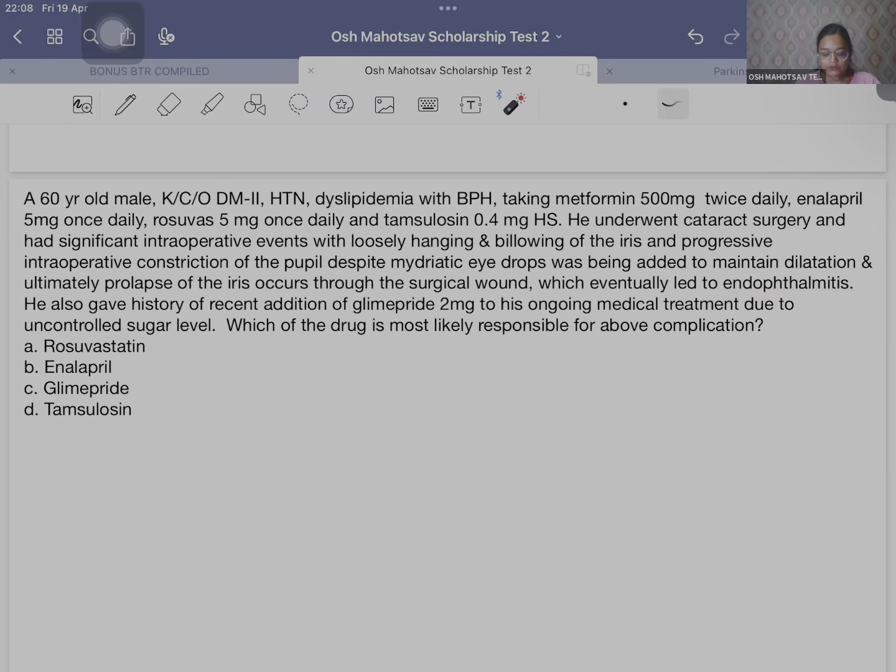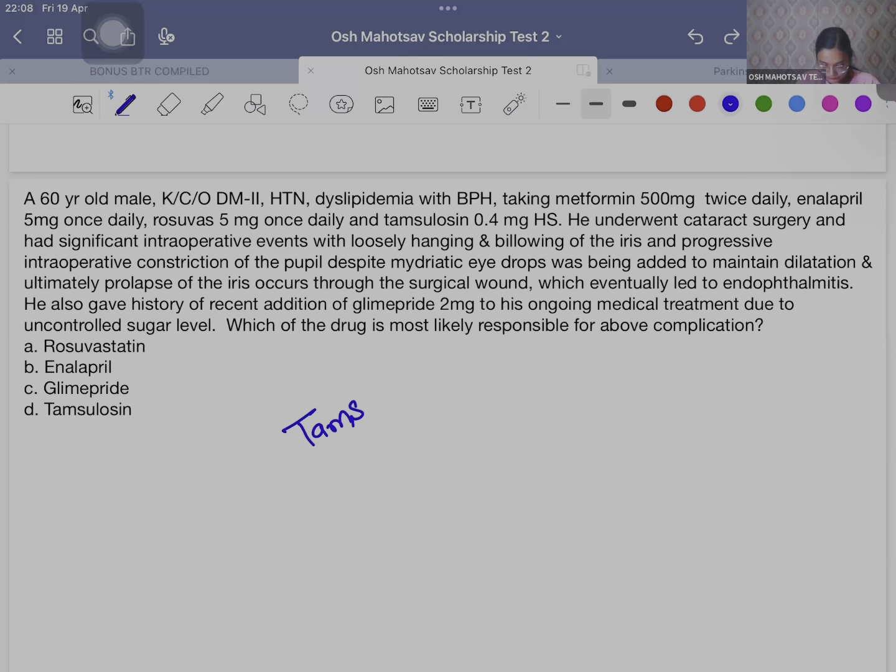He also gave a history of recently adding glimepiride 2 mg to his ongoing medical treatment due to an uncontrolled sugar level. What are the complications? Okay, so if you know that